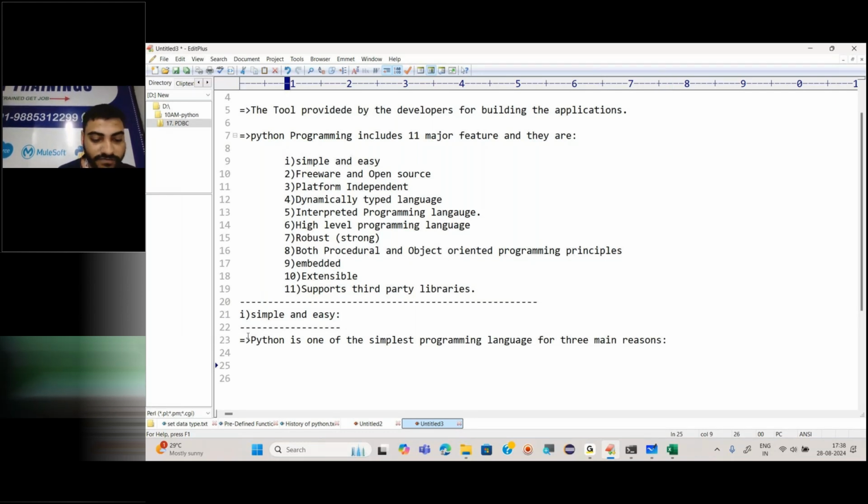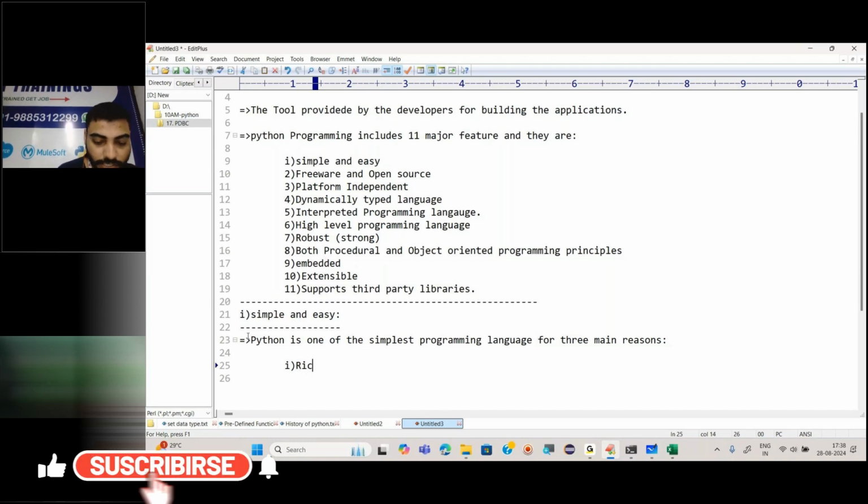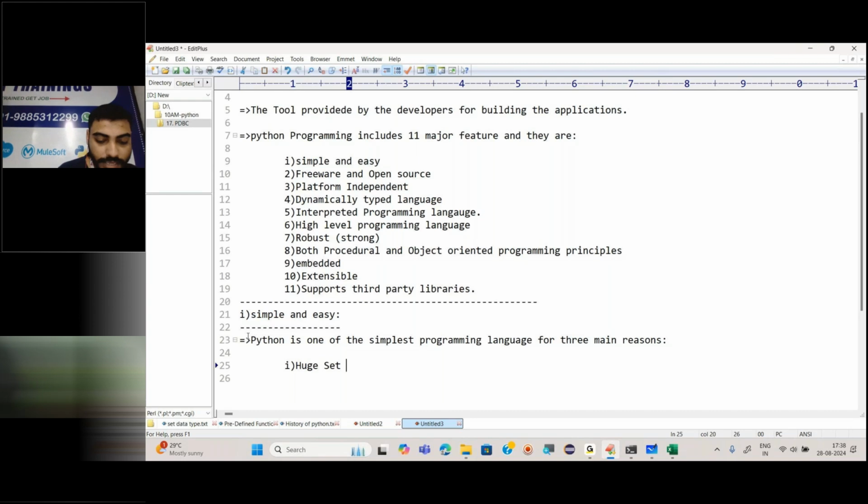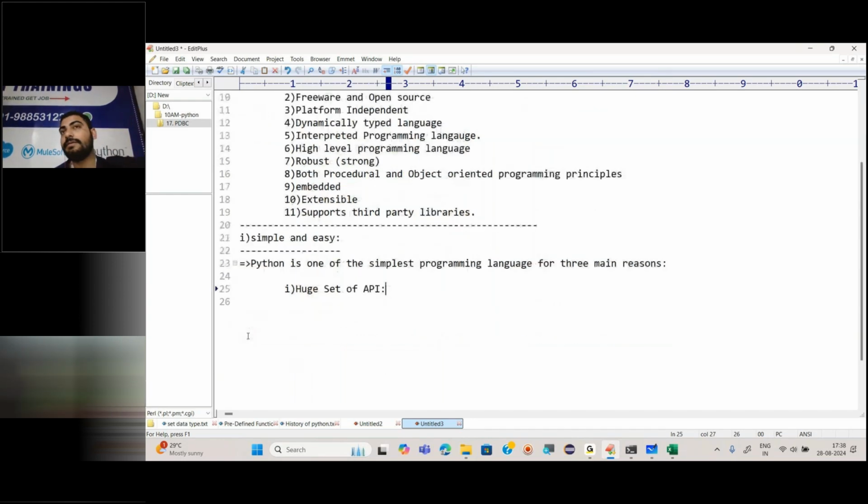First, a rich, or I would say huge, set of API. Now, what is API? Don't just say application programming interface.